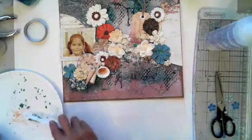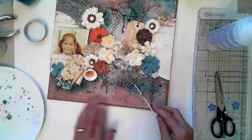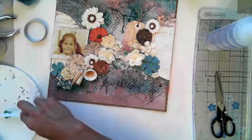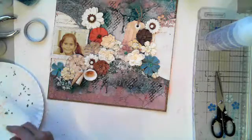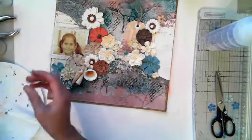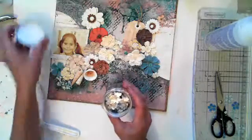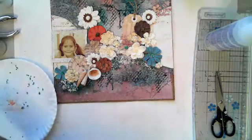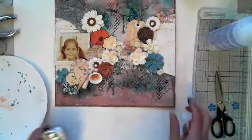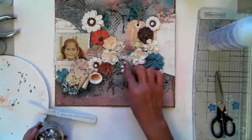So it looks like it's not going to be clear. It just looks like glue. But once it dries, it's actually clear, so your beads will show. Let me see, there's one more texture, and this is a Recollections, I guess it's mica flakes. It feels like glitter, so it's not like the regular mica flakes. They're not soft like these are. And what I do sometimes is I'll just go in and push